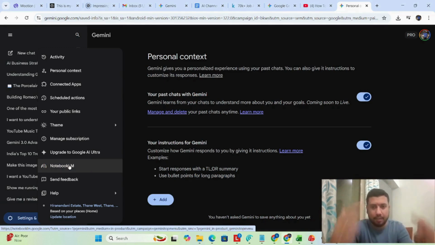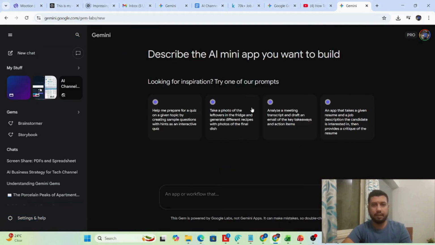Now let's come to the case study. For this particular case study, I am going to go to the section of Gems. Gems is where your individual case studies or exercises, whatever you may call them, will be stored. Gemini will be remembering that information, so you don't have to specify the same information again and again. However, if you click on chat, after a point in time Gemini will forget that. So it's always recommended that if you are working on a particular assignment, always use the Gems section. So click on Gems,